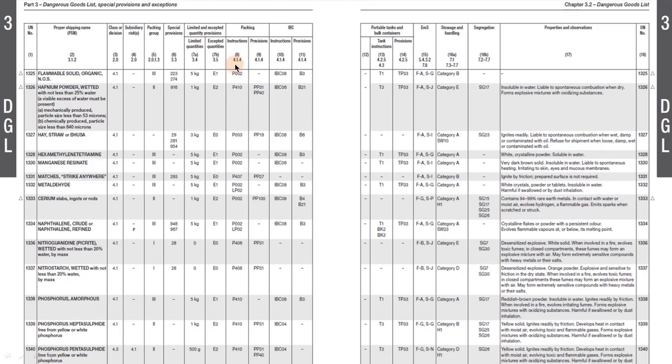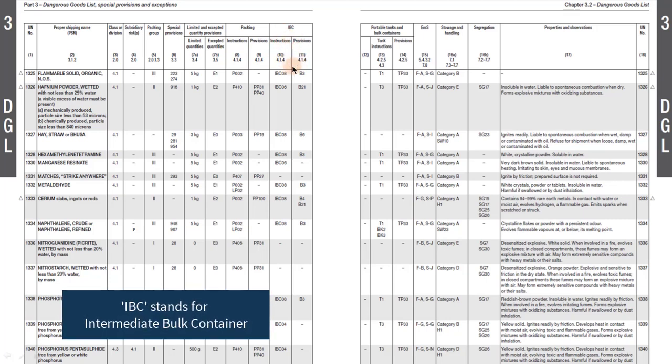We have to find it in part 4, chapter 4.1.4, and you can go to that chapter and easily find out. Now whenever LP is given in this column, LP stands for large packaging. Now moving on to the next column, packing instructions for IBCs and packing provisions for IBCs.